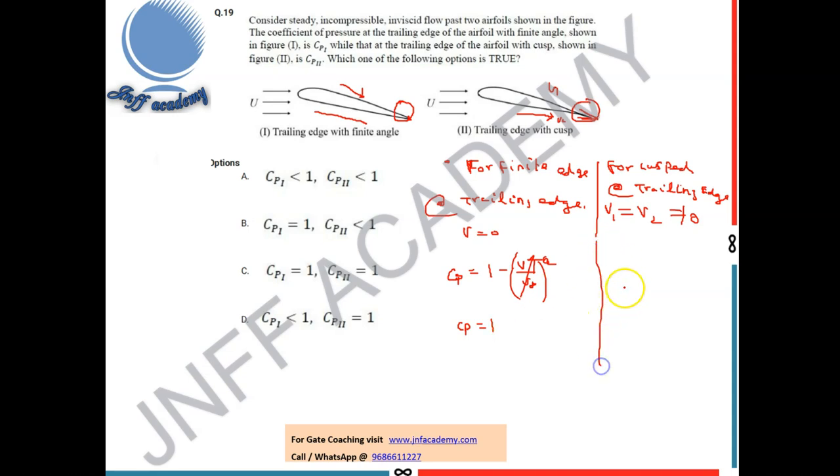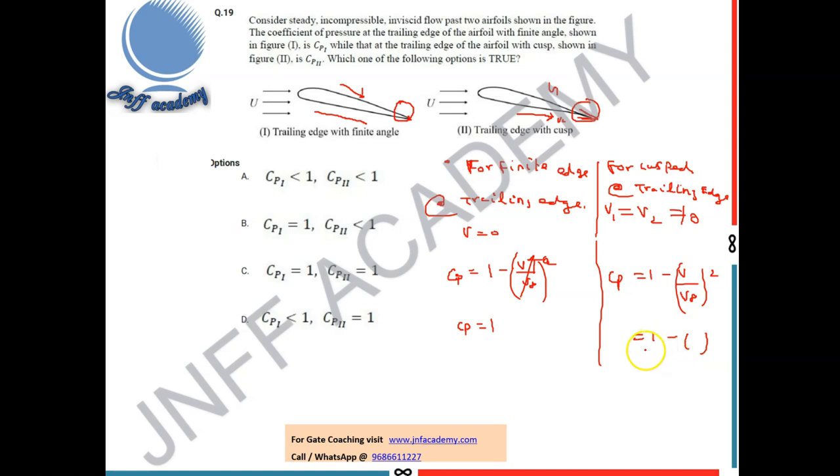And now in case of the cusped aerofoil, the same formula, Cp is equal to 1 minus (V by V infinity) the whole square. Here V is not equal to 0. It will be some value. We don't know what that value is. It will be mostly less than V infinity only, but it will be some value at the trailing edge. So 1 minus some value will come here,